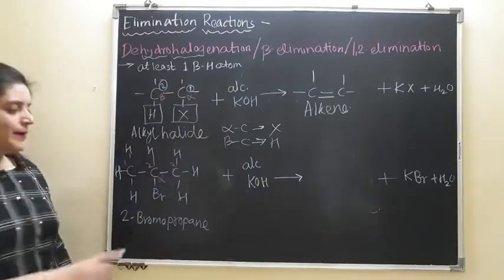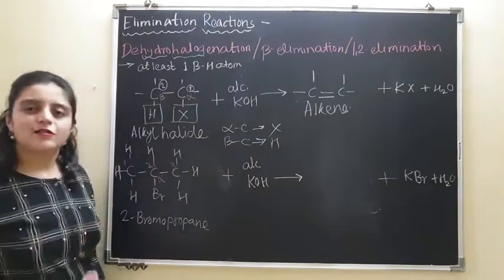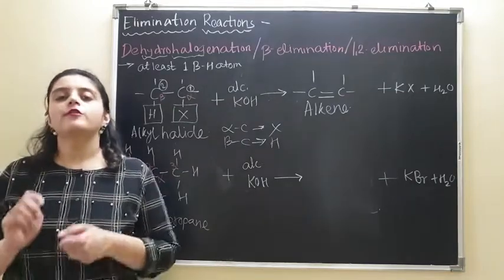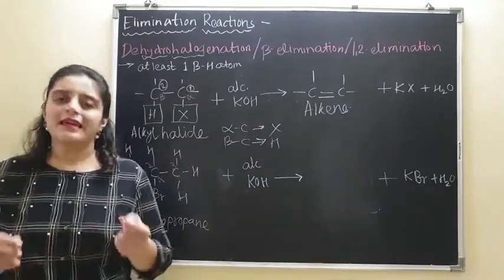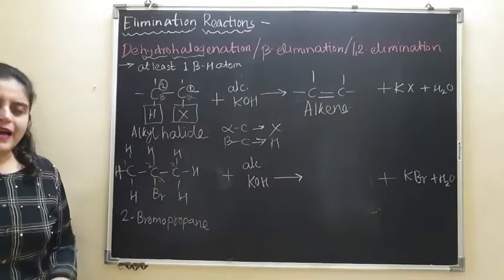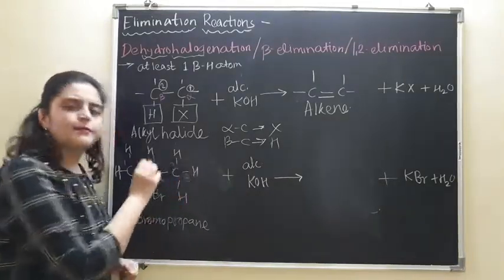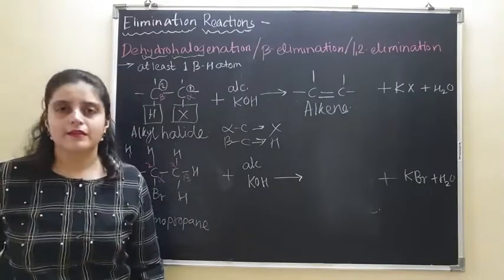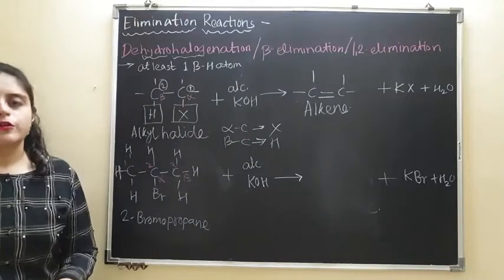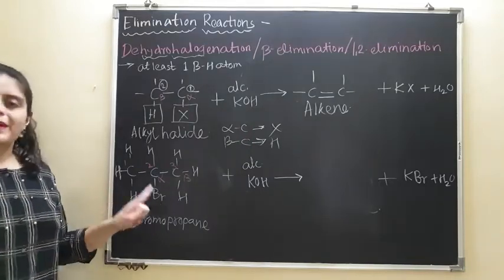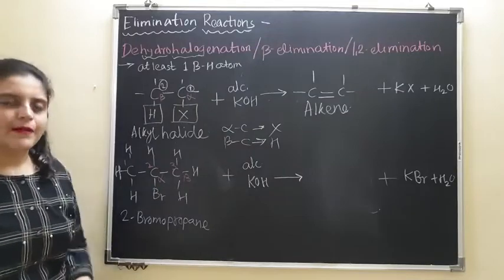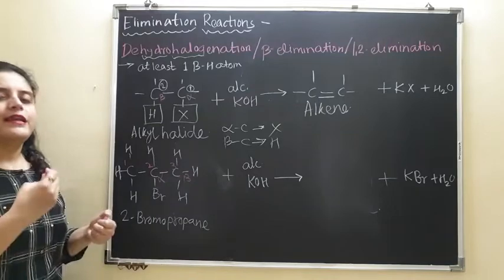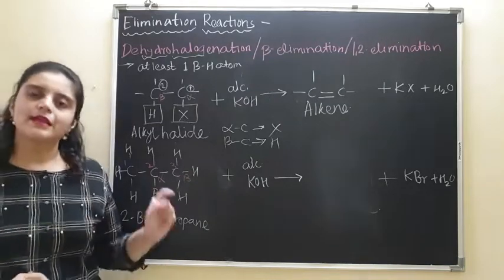Then which one has to be beta? One carbon on the right can also be beta. One on the left can also be beta. So which one of the two according to you has to be beta? Correct. Both of them can be beta, and if I mark this as beta or if I mark this carbon as beta, it is going to make no difference. The product is going to be the same because the bromine is exactly attached to the middle carbon. So both of the carbon atoms can be marked as beta, and if you carry out the reaction, the product is going to be the same.